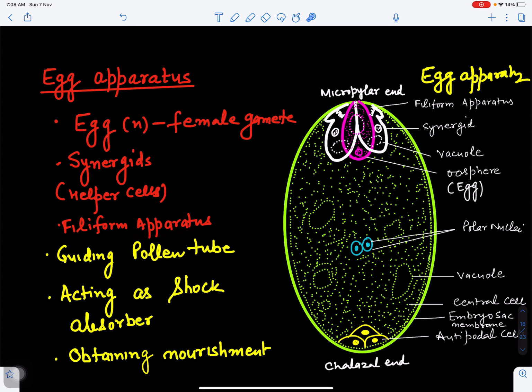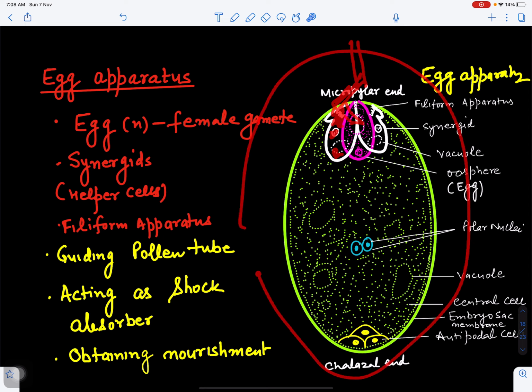So these filiform apparatus will help in guiding the pollen tube when it comes during fertilization. So this will guide toward the embryo sac, and this pollen tube will reach toward the egg cell with the help of these synergids. And this also acts as a shock absorber when the pollen tube enters. So this will act as a shock absorber, as well as help in obtaining nourishment from the nucellus, because this